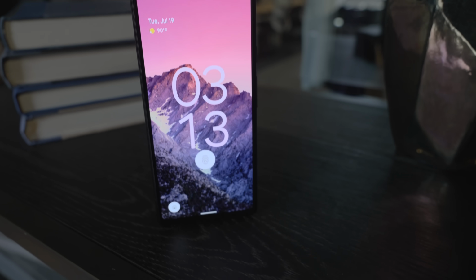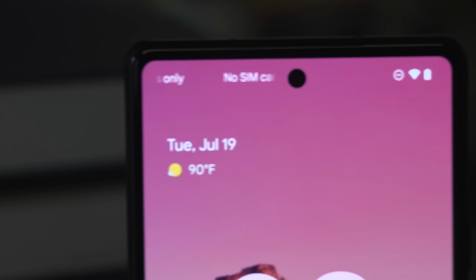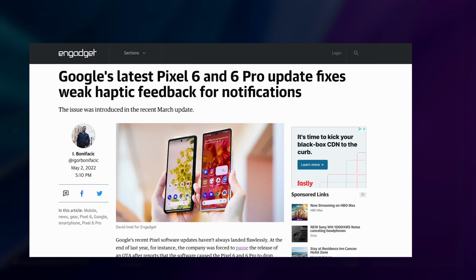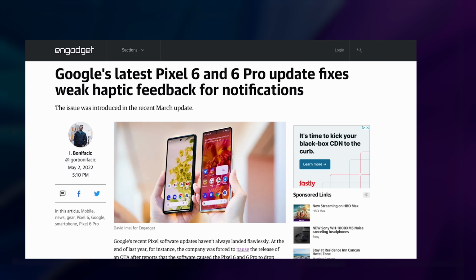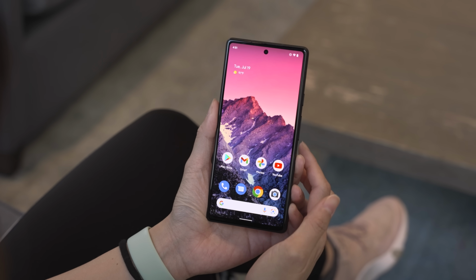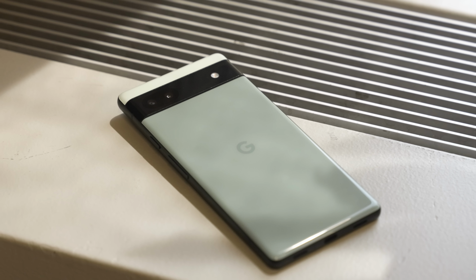I am more concerned about the long-term stability of the Pixel 6a's software, especially given all the problems plaguing the Pixel 6 and 6 Pro since they launched. I haven't encountered anything major during my testing, but most of the bugs on the other two only started showing up weeks after our review period. For now, I can only say the software behaves as expected, and that Google supports up to 5 years of